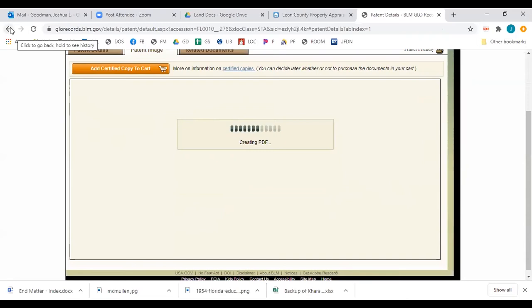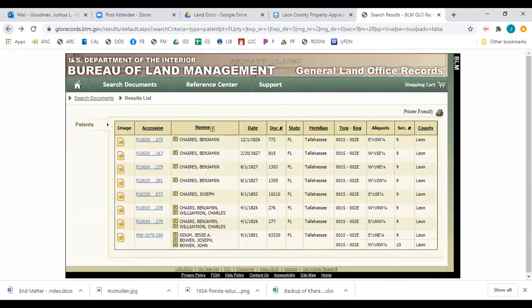So that's one tool. Just to review, what we just did was we said, I know of a parcel in modern day ownership. It could be where your parents live, it could be where you live, it could be where a park is that you like to go to. It could even be a gas station that you go to a number of times on your way to work or to go visit somebody. And you can use the tools that we just talked about to find exactly who the first person was to own that piece of land.